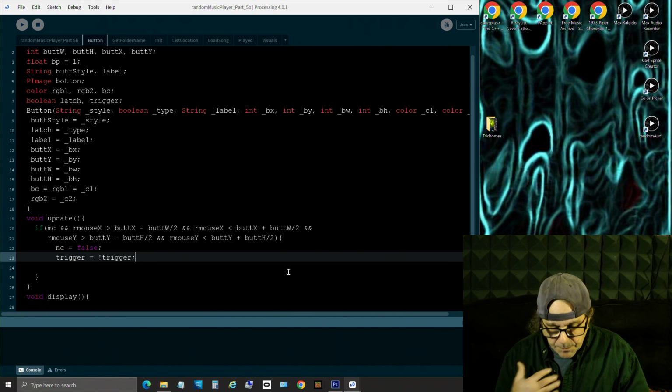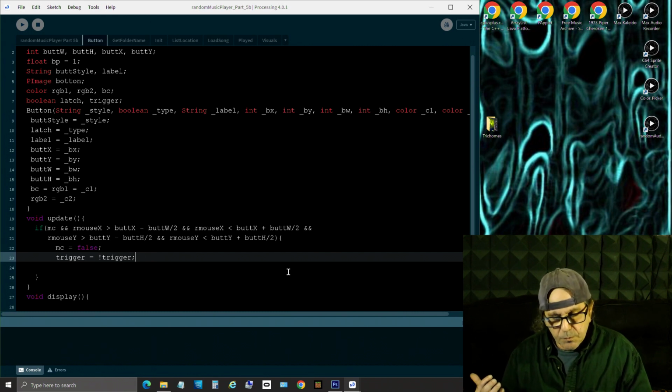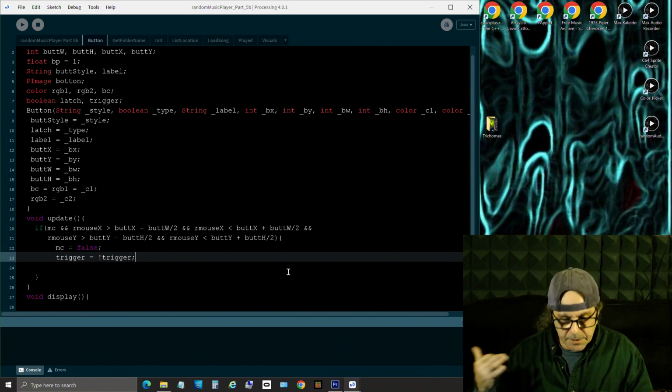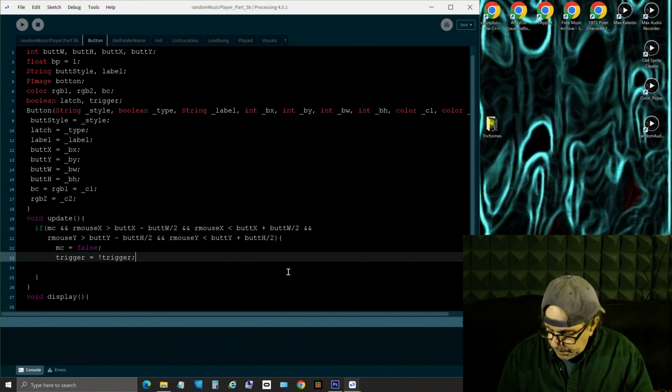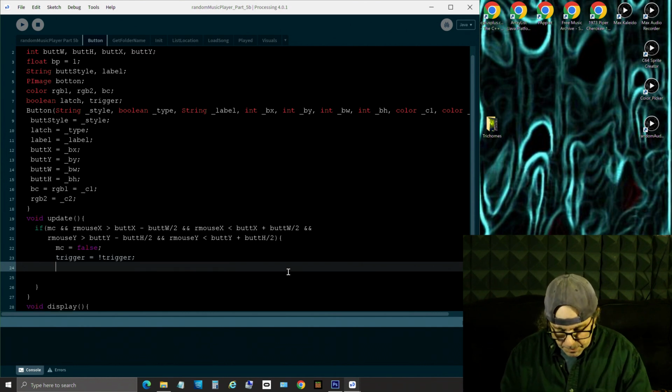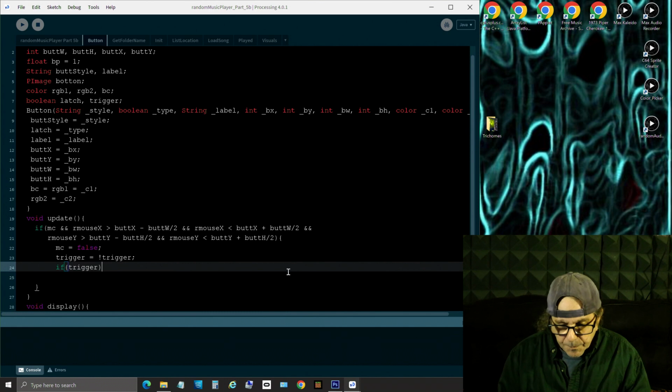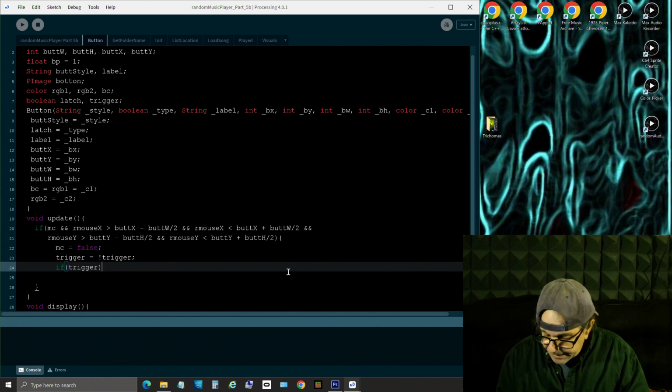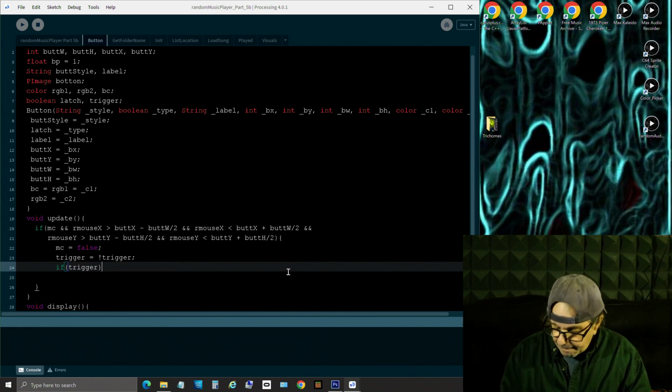Trigger. So if trigger is true, it turns to false. If trigger is false, it turns it to true. And then we're going to test that. Now, if trigger is true, which means the button has been clicked,